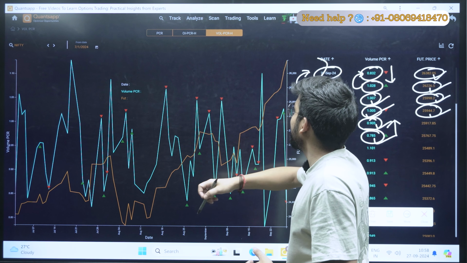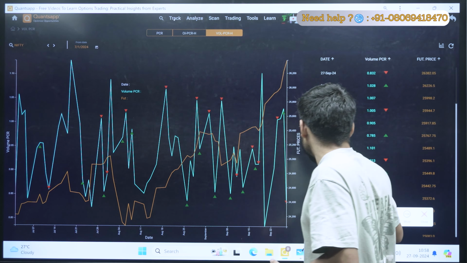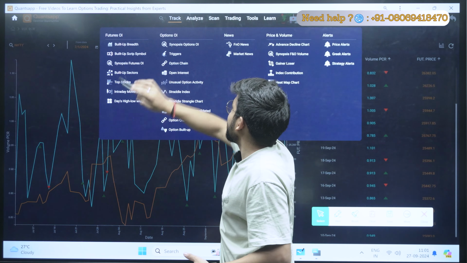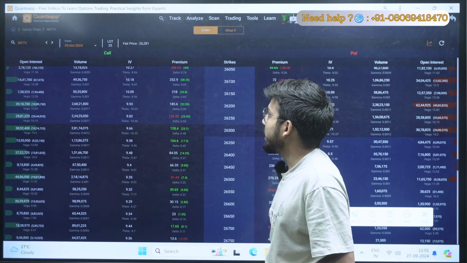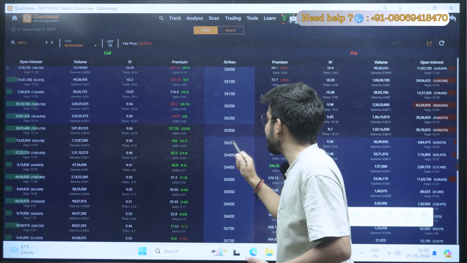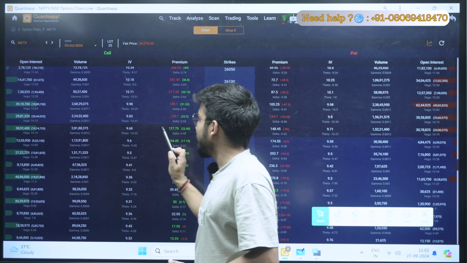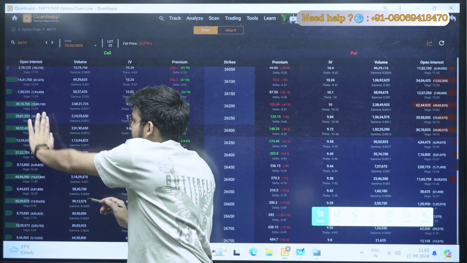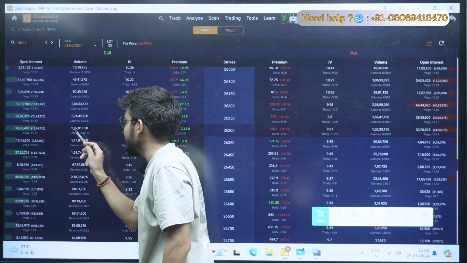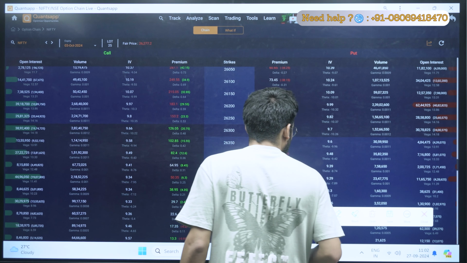आपको ये वॉल्यूम कहां पे मिलेगा, तो if you are trading with the help of Quantcept, so you can go in the track section, we have option chain। okay, so here you can see right now if I'm analyzing Nifty, so if my Nifty is right now at 26,300 ATM price, if I'll ignore this open interest, okay, so I can see right now my volume at this strike rate is approximately 282 lakh। okay, so I'll note it down।